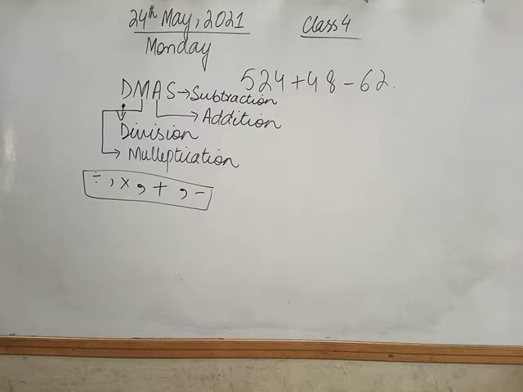So this is the sequence to follow when more than two operations are used at a time. Isn't it, class? Okay. So according to this, we have a question in which two operations are used. First is addition and second is subtraction. According to the mass rule, we first divide, then multiply, then add and then subtract. But division and multiplication are not involved in this question. So we will follow addition and then subtraction.